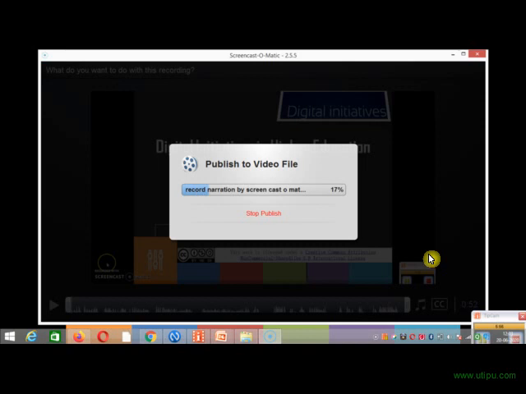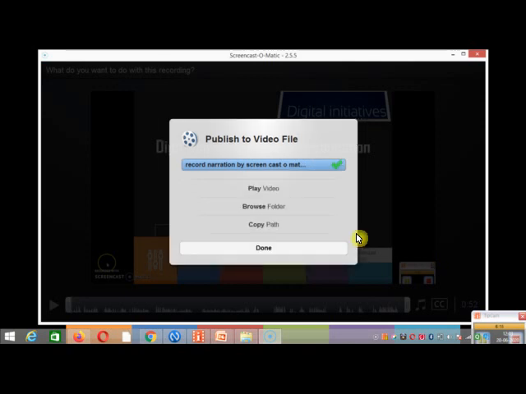Now your processing is going on, video is going to save. It will take some time depending upon the size of your recorded video. See, your video file is ready.